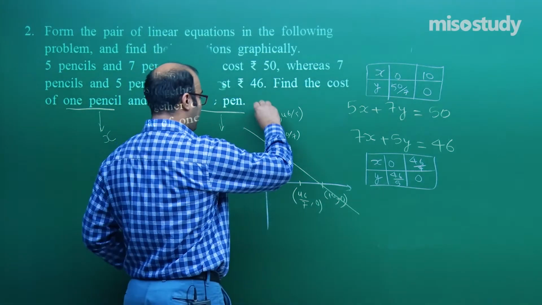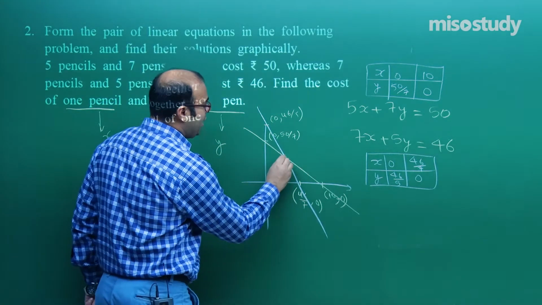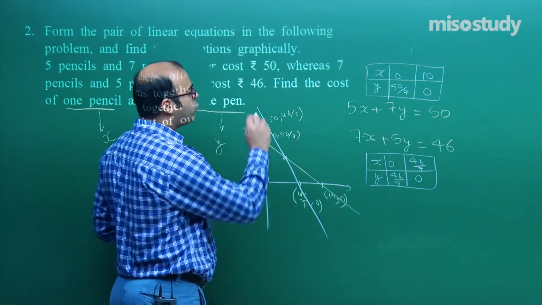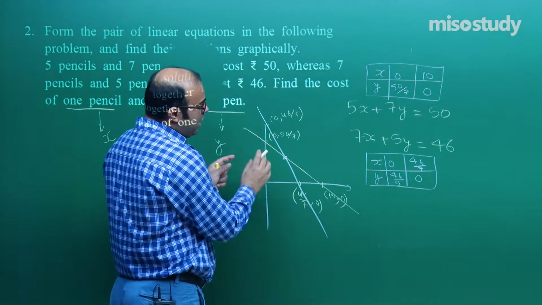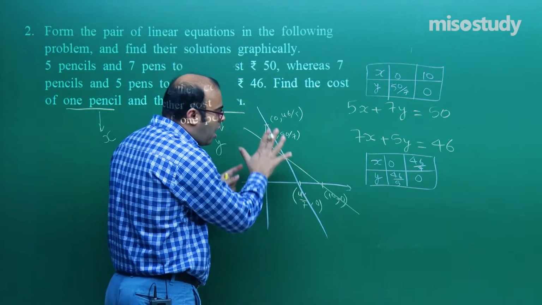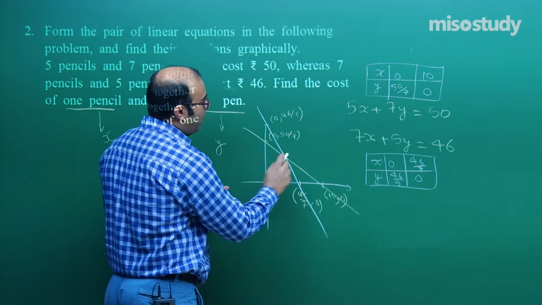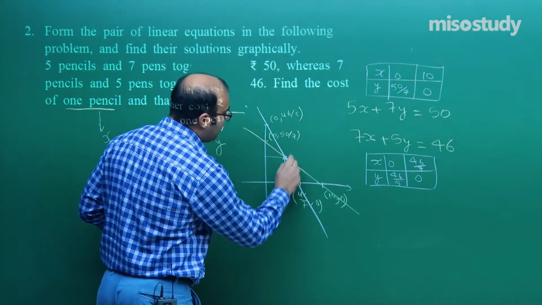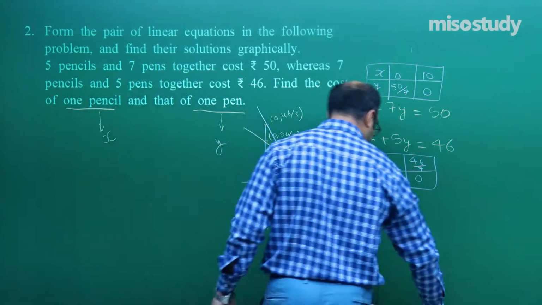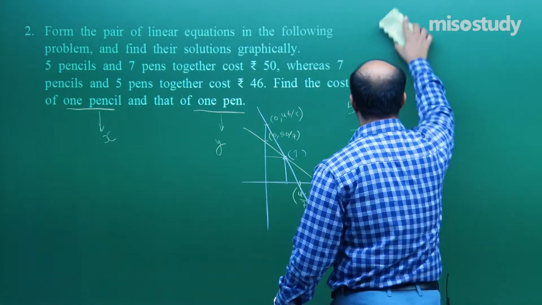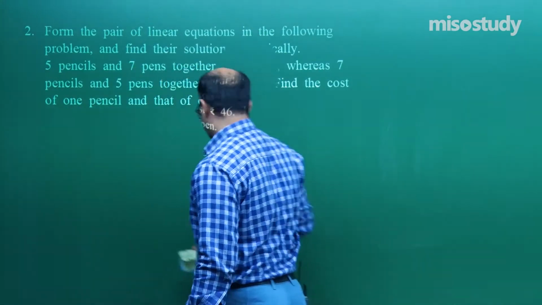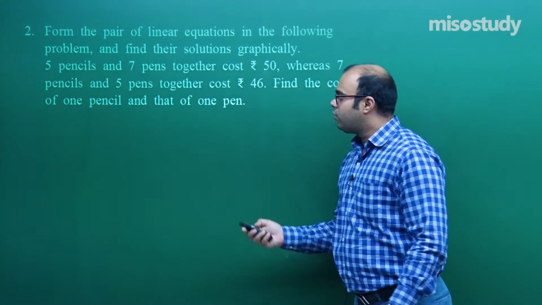Now we make another line by joining these 2 points. They intersect at this particular point. So this point will give you the solution of these 2 equations. Here it is not possible to find this point minutely, but when you use graph paper, there you will plot it minutely and you will see what this point actually is, which is satisfying both the lines. Okay, students. So this is the approach which we have to follow in case of the graphical method. In case of graphical solution, you should have graph paper with you so that you can solve it minutely.